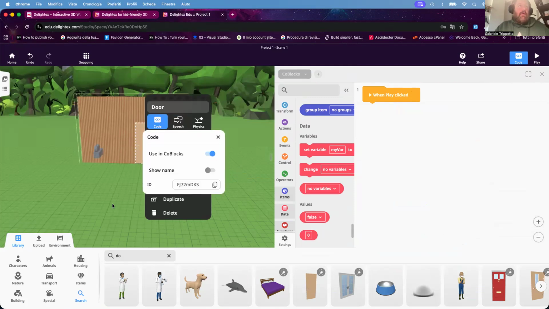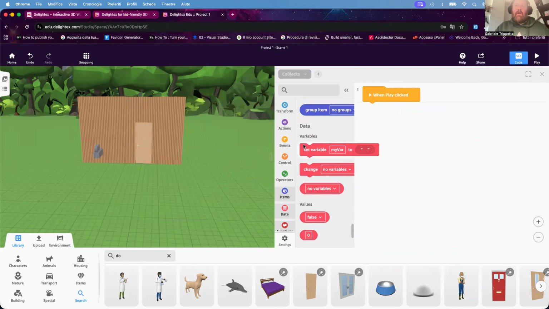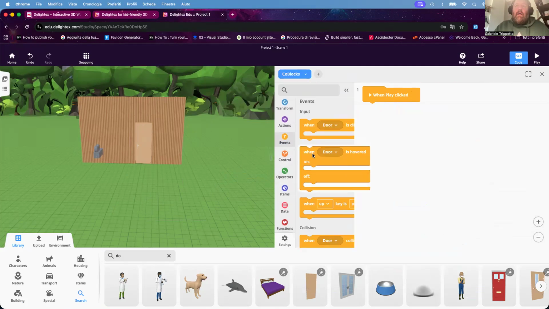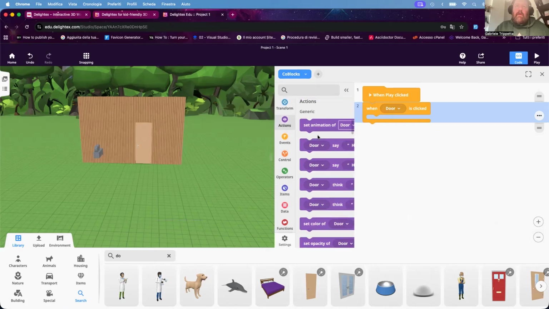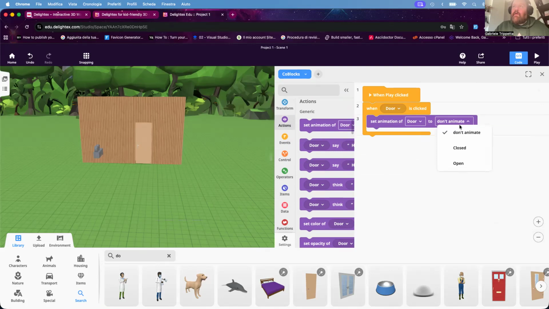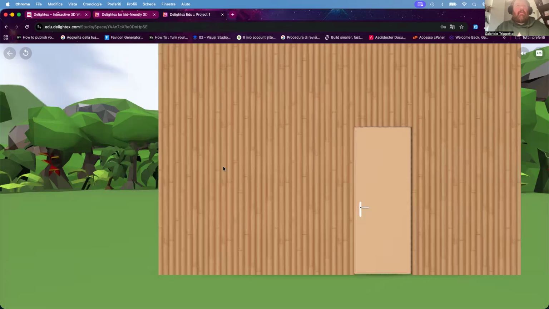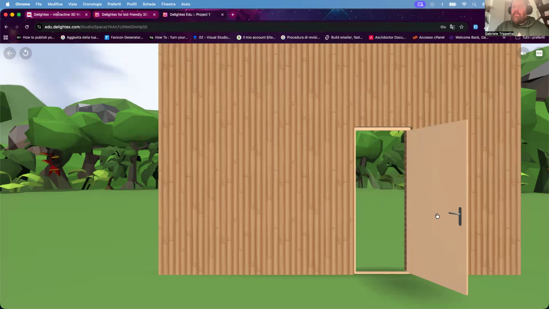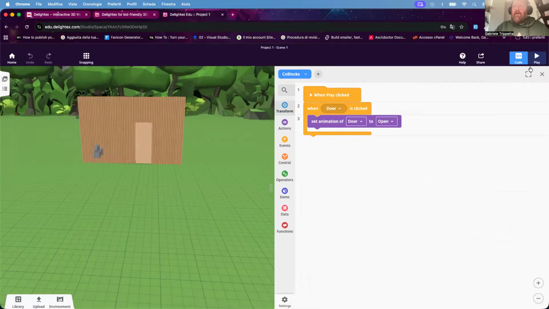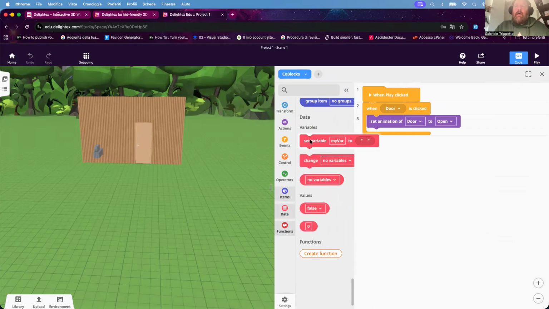I want to use the door block. And I want to add: when door is clicked, set animation of the door to open. So if I click play, it sets the animation to open, but it can't close anymore. If I want to close the door when I open it, with the data, I can